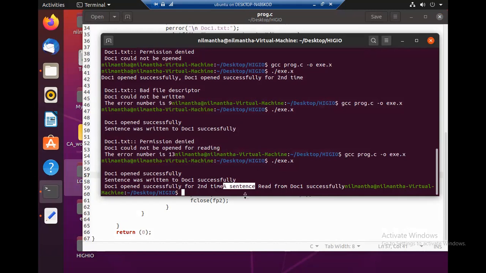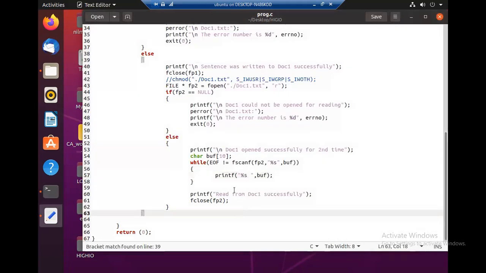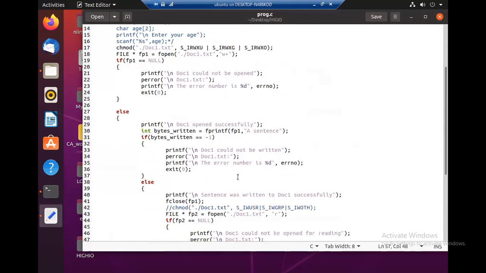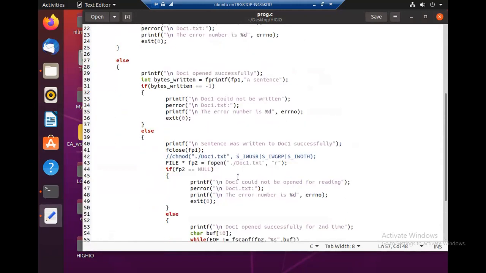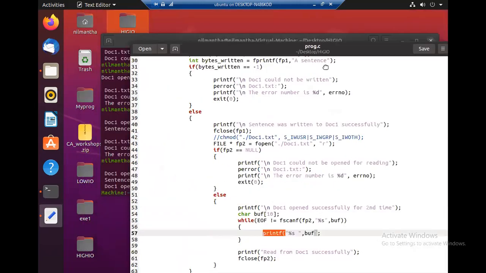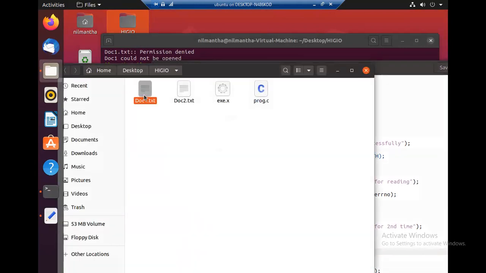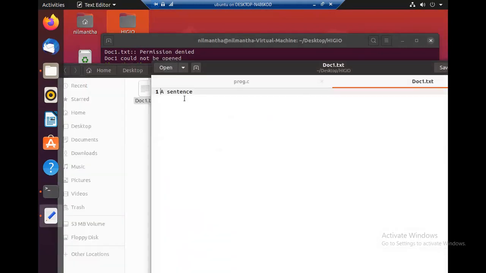So this was what was written here, printf, this one, because it was the one which we previously wrote. So what is there in doc1 is sentence. This is the content of doc1. So this has been written here.